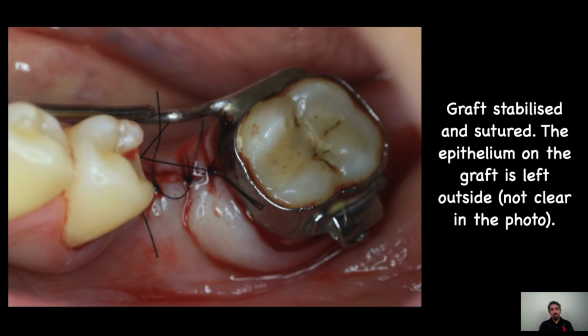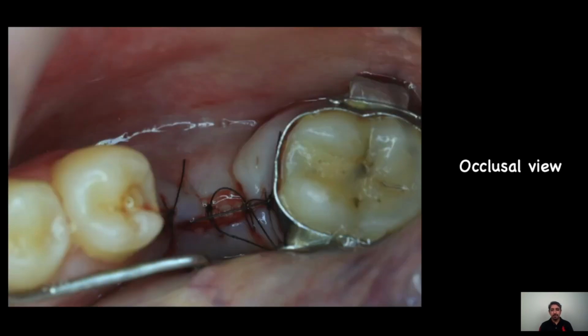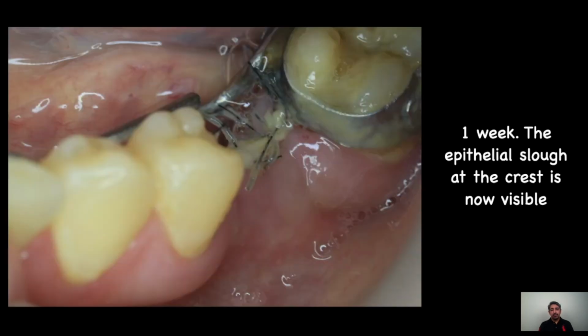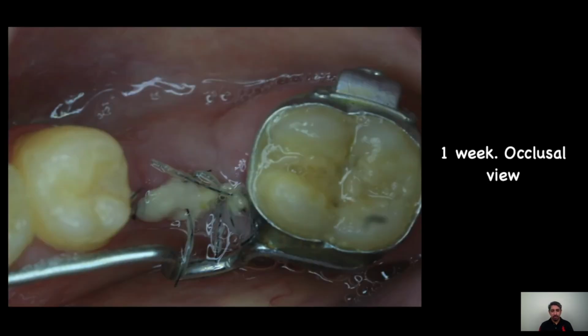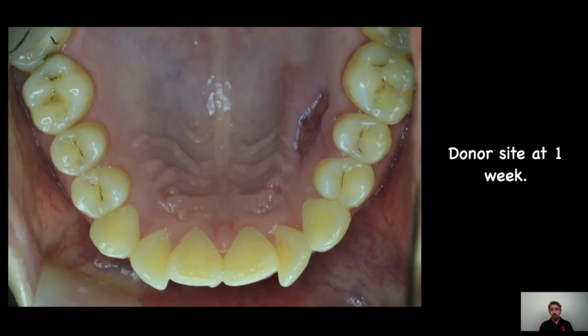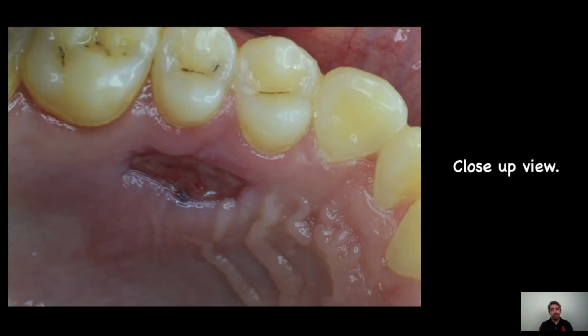The graft was nicely packed into the partially raised flap, leaving the epithelial part of the graft exposed to the oral environment, and then stabilized and sutured. That's the occlusal view. The follow-up at 1 week looked like this. You can clearly see the epithelial slough of the part that was left outside, and this is how it looked from the occlusal view. That's the donor site at 1 week, which was showing pretty good healing,